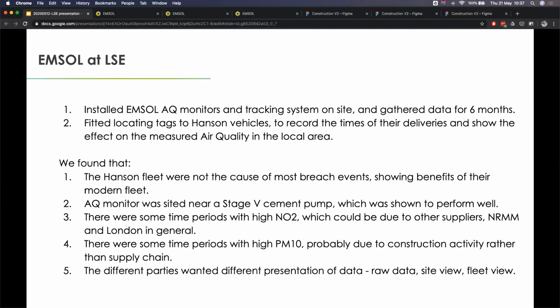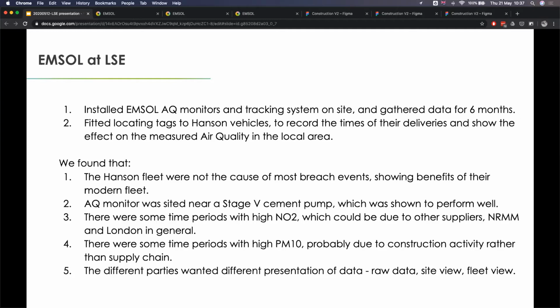They spent a lot on their fleet, and really the feedback that we got from them is that they don't see that they get loads of advantage from having a modern fleet. They've got higher costs because they've purchased a lot of new equipment, but it's not really helping them win loads of new business, and they don't really get good press surrounding their use of a modern fleet. So this was an opportunity for them to show that their modern fleet was having a good impact on the local air quality.